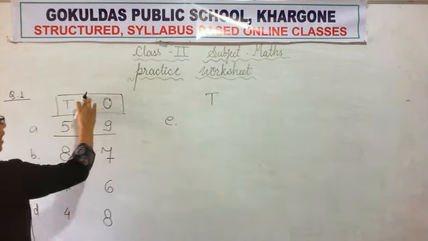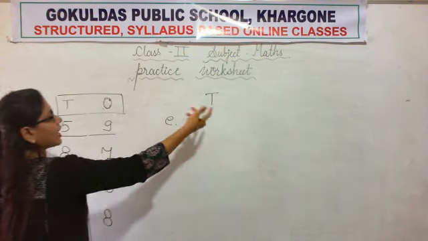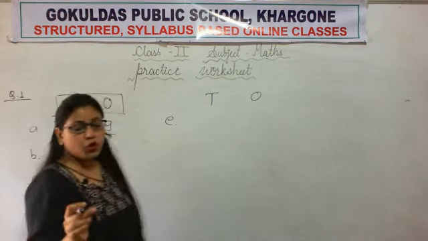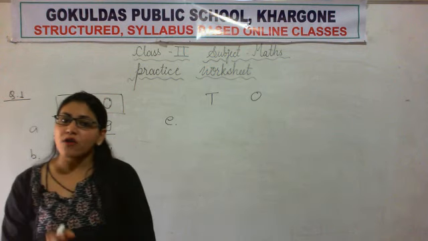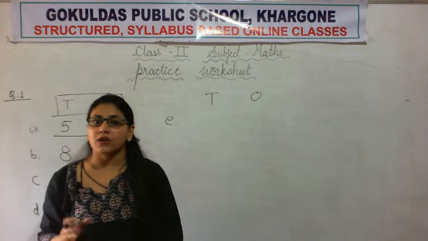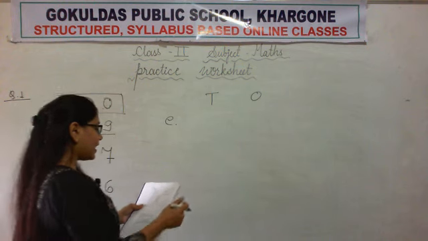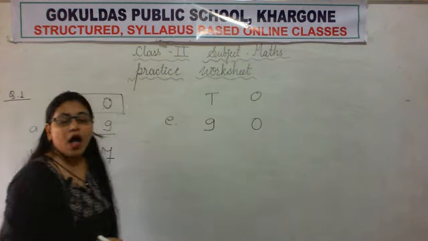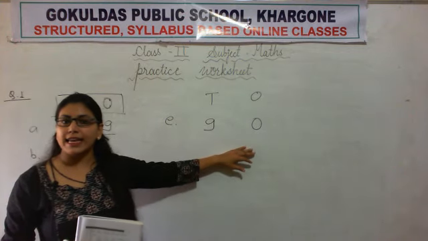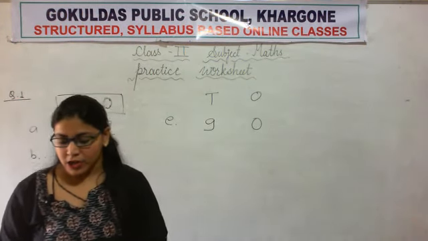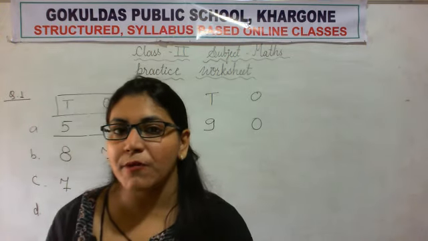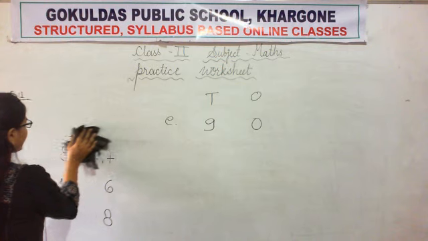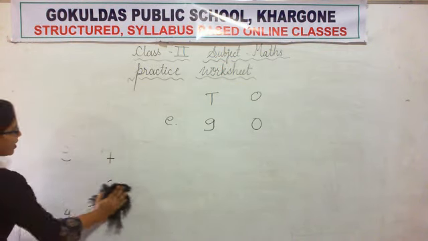Again see, if I am done here and writing on the next page, I have to write tens and ones again, although these tens and ones are for our convenience only, okay? 9 tens and 0 ones. 9 and 0. How do we read those two numbers combined? We read it as 90. So this was our question number 1 and it is very simple. Congratulations all of you, you have all done this question correctly.